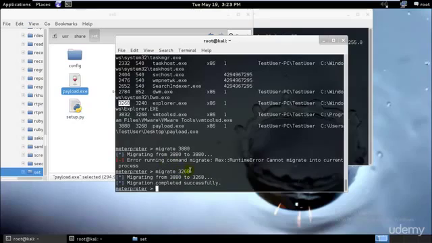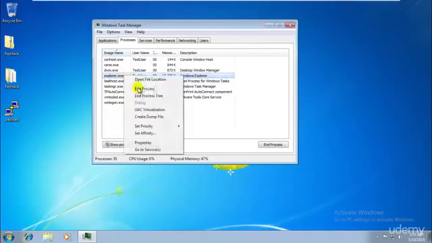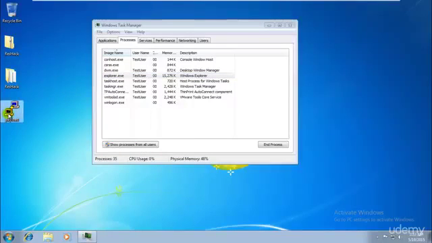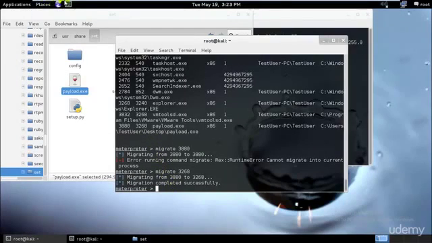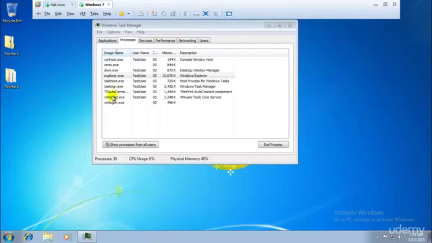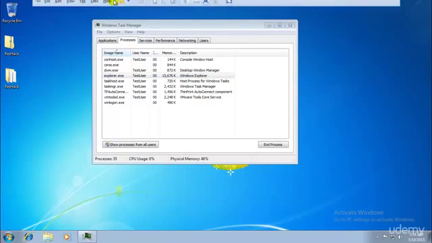Perfect. So what I did over here is that I went ahead and transferred myself to the explorer.exe. So as you can see, we do not have any payload running over here. It's only the explorer.exe. The reason is that I merged the payload along with explorer.exe, and now the person, only if he goes ahead and tries to end the process of explorer.exe, only then he will be able to go ahead and delete it. And as you can see, even if he deletes the payload.exe, it doesn't matter to us because we still have our meterpreter running even after the person deleted the payload. The reason being that we have migrated our payload to explorer.exe, and he cannot go ahead and throw us out